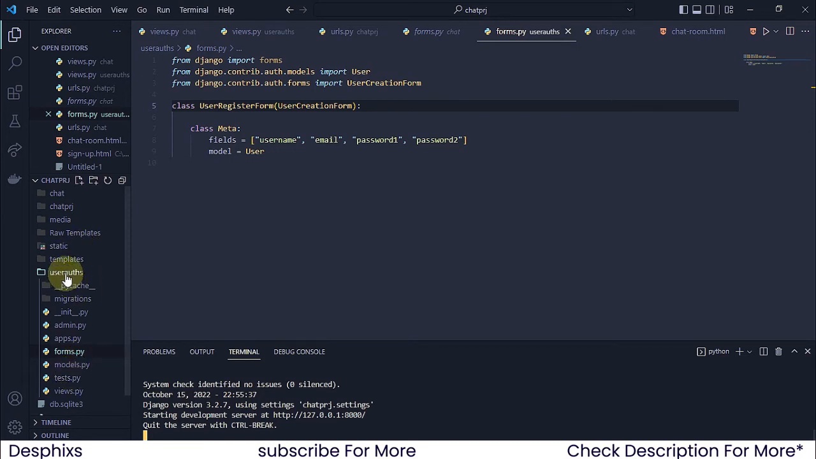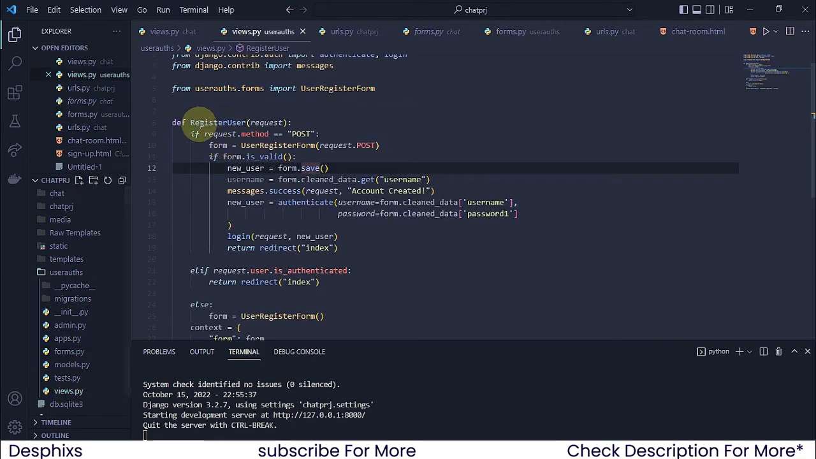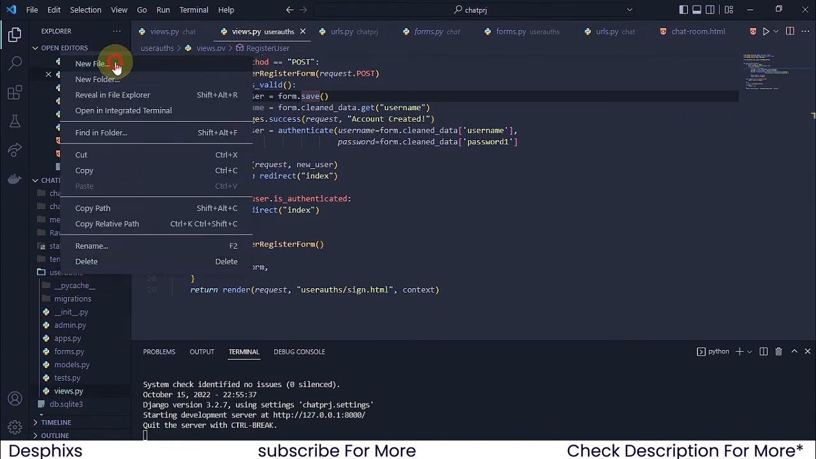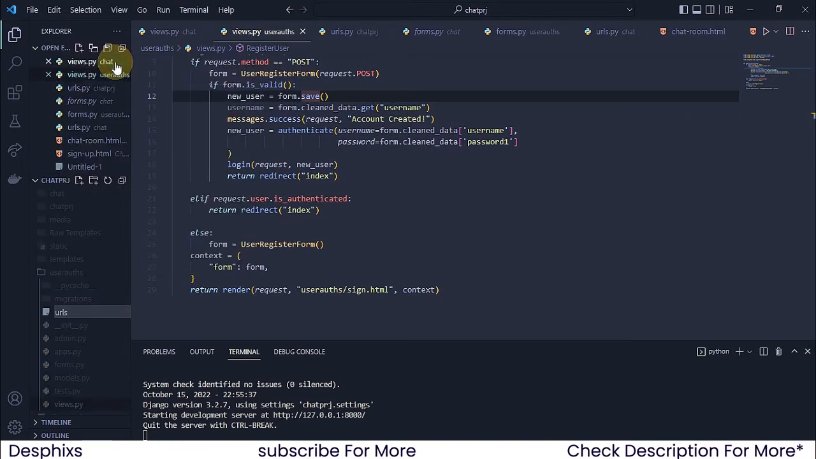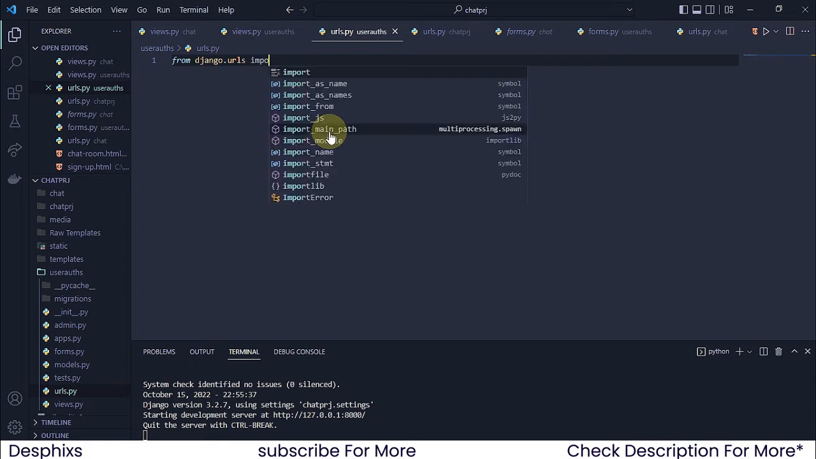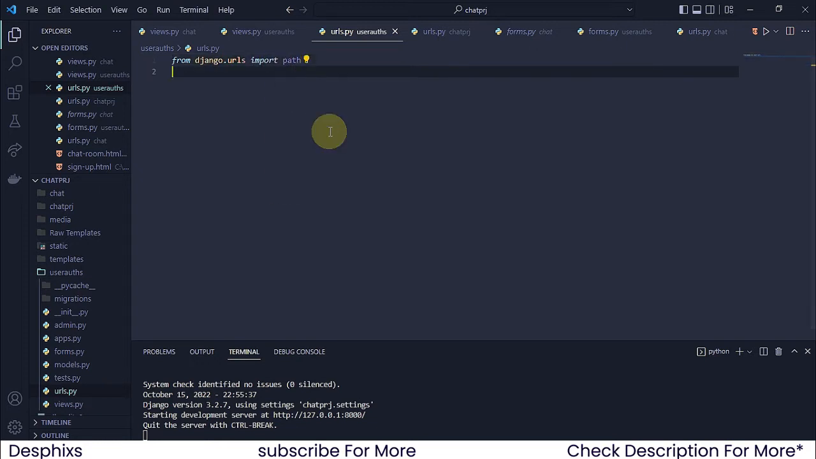So now I think that should be pretty much what you want to do, apart from the fact that we don't have any URL that's going to be connecting to this register user view that we created. So we need to come over to user auth. We're going to right click, come over to new file. I'm going to create a new file that's going to be called urls.py. So I want to say from django.urls, I want to go ahead and import path, and I want to say from user auth, I want to go ahead and import